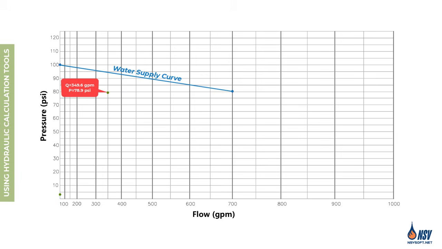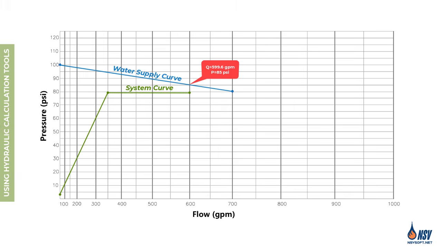The second point represents the flow and pressure of the sprinkler system. For the third point, we add 250 gallons per minute for the hose stream allowance to the system demand at the same pressure required by the sprinkler system. As shown in this graph, the system demand curve lies below the water supply curve, which means the water supply can support our system. The graph also indicates that the pressure available from the water supply at the system flow